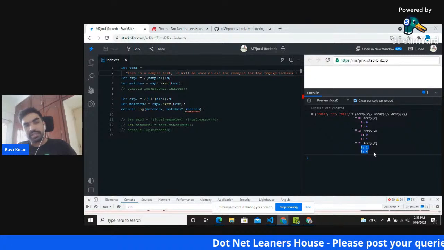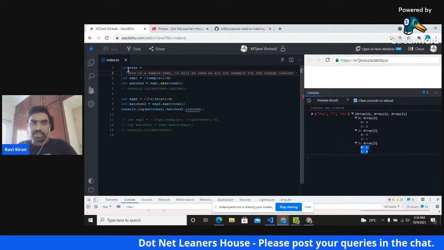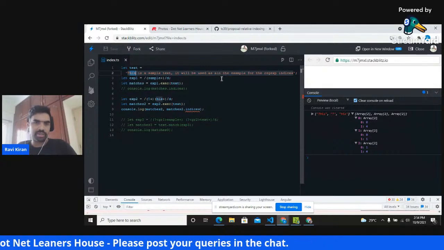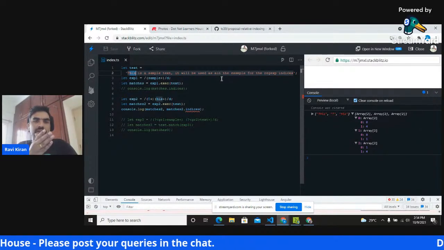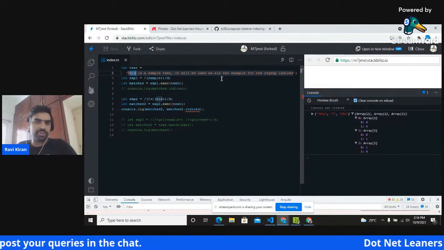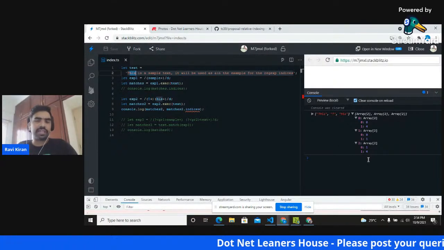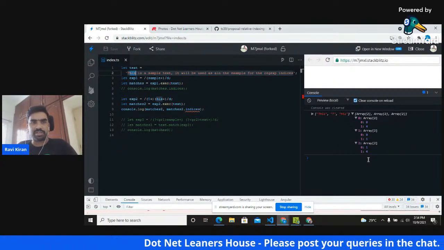The third entry in the array is the second match, the substring HIS, spanning from index 1 till index 4. That's why we got these three different arrays printed as part of the indices.